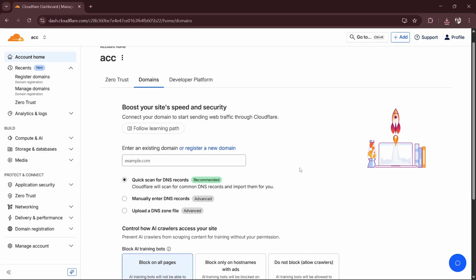Hi there! In this video, I'll give you a quick guide on how you can redirect domains in Cloudflare. So please listen carefully to each step that I will be explaining because I will describe everything clearly so you